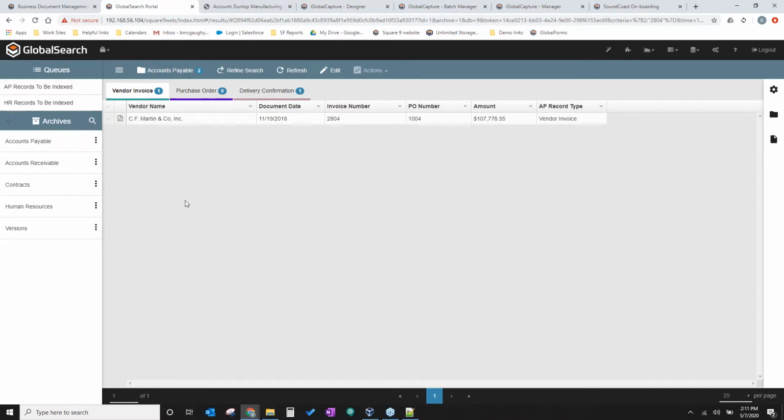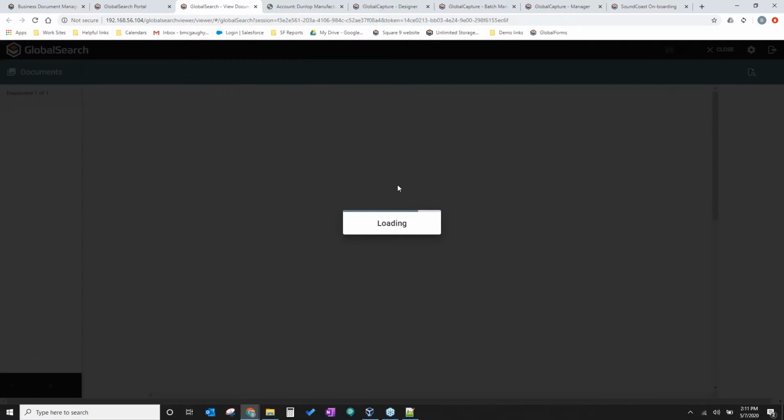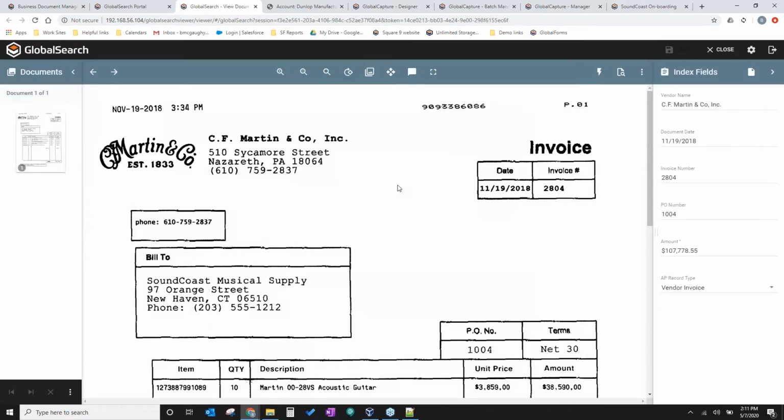So as an accounts payable clerk, I can come in, take a look at this invoice, and determine why they haven't received payment, right? So I can look at my index fields, and I can see that this invoice was over 100,000. That takes another level of approval. So more than likely, it's being delayed just because the person that needs to approve that is on vacation this week. So I can go ahead and let that vendor know, hey, this is over 100,000. It's going to take a little bit longer to get approved and paid. You could expect that check in 2 to 3 weeks. If not, call me back and we'll do a little bit more research.